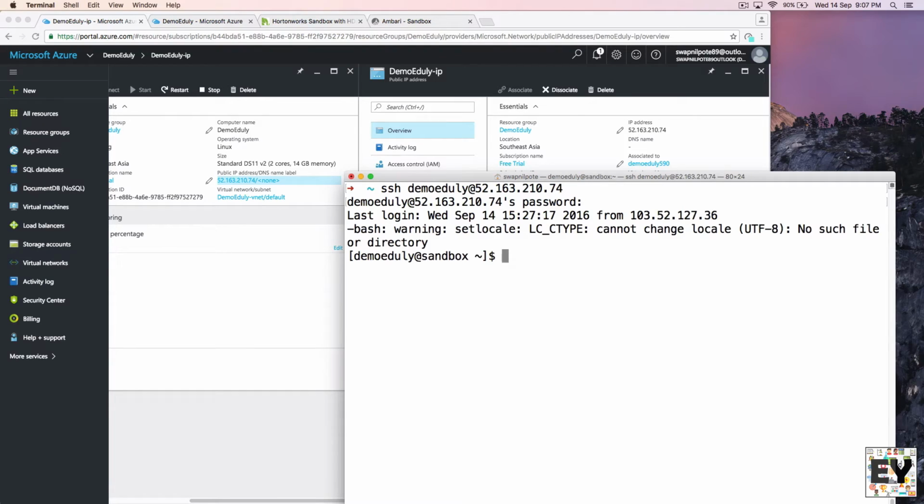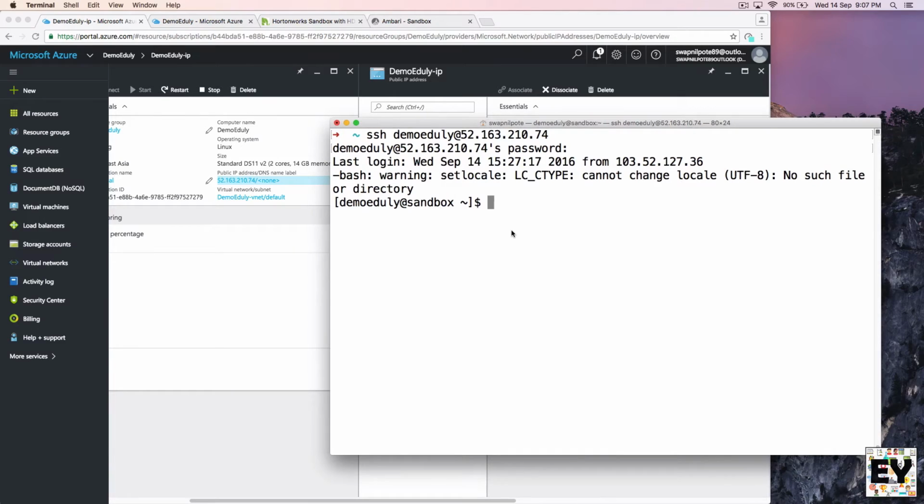As you can see, when I type the password, it does not print any stars or anything. Don't worry about it; stars are not printed while you type your password. Just type the complete password and hit enter, and as you can see, I have entered my virtual machine.